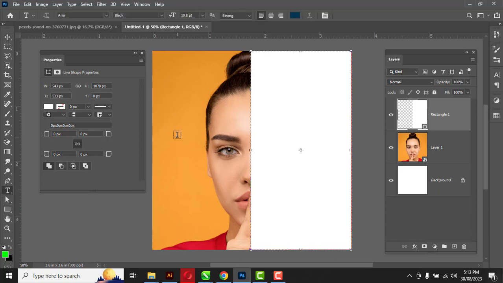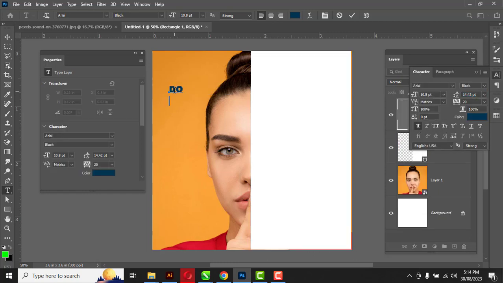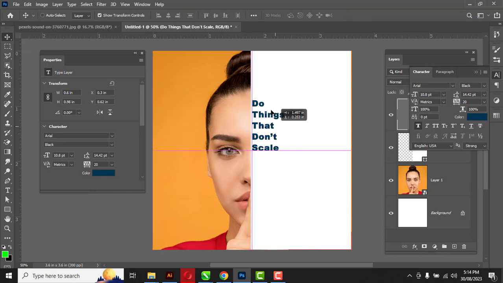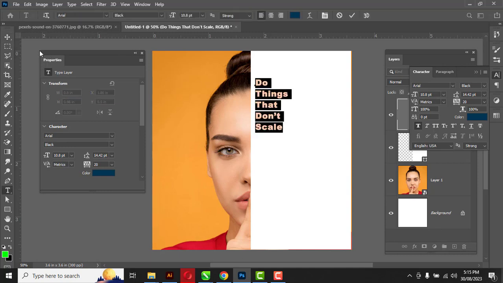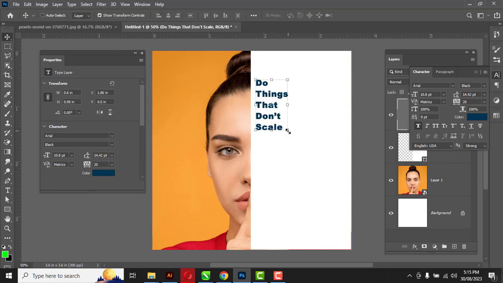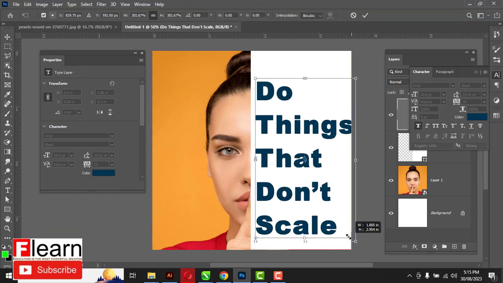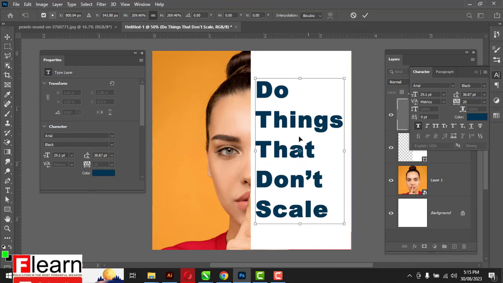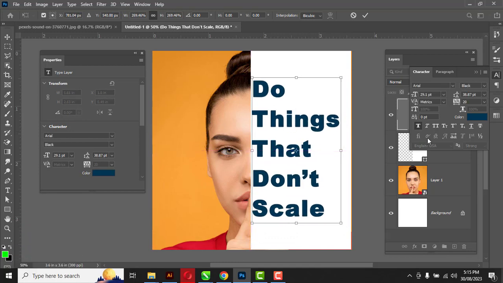text tool, make some textures, and go to the move tool, place the object, and I select the font as Arial Black, move tool, change the scale, place it,